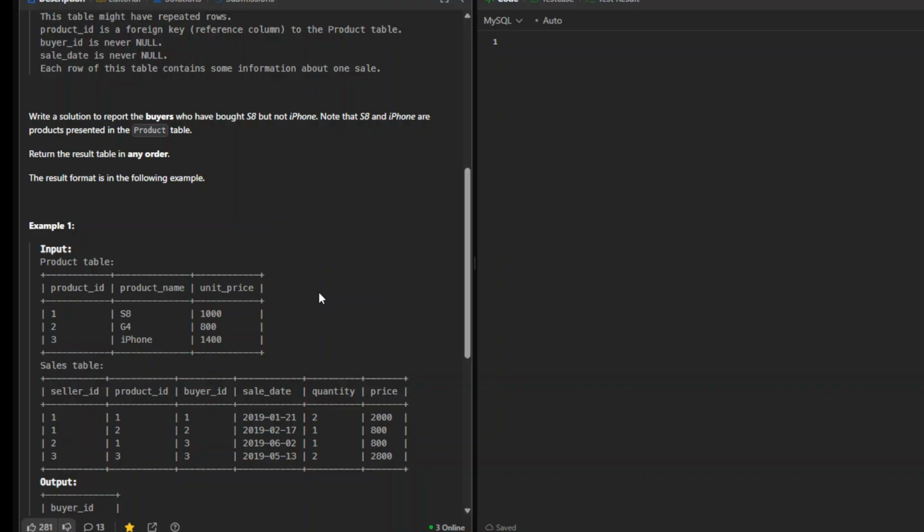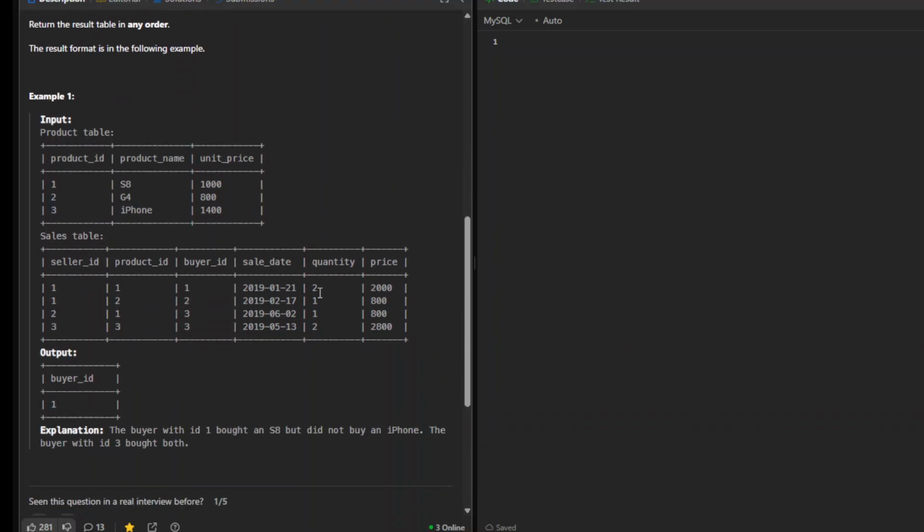I think we will need a join between the product table and the sales table here. What I can do is probably try this with a CTE as select from sales S join product P on S.product_id equals P.product_id. Now, when I have this, what I can do is